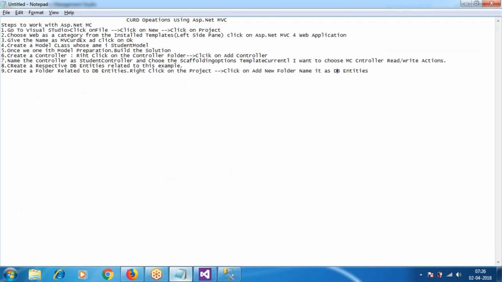I'll write the step here: right click on the DB entities folder and add new class, name it as